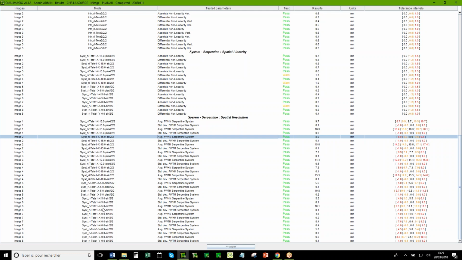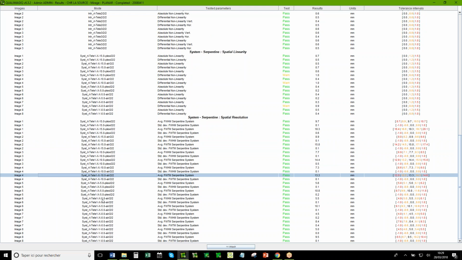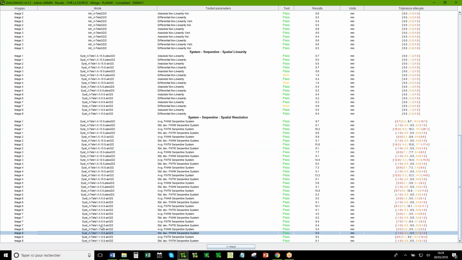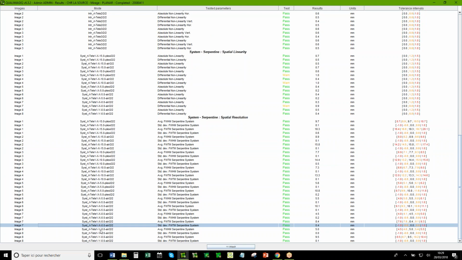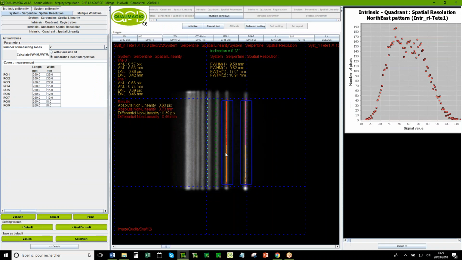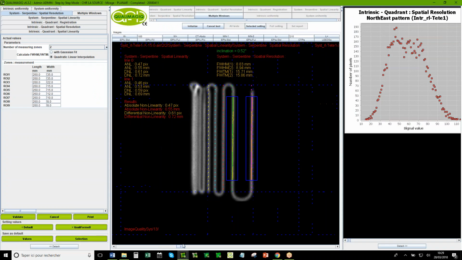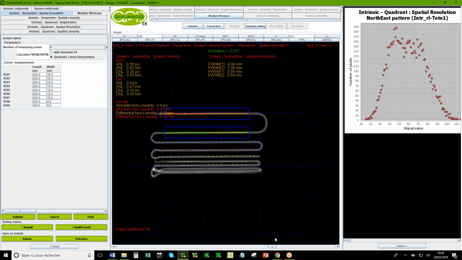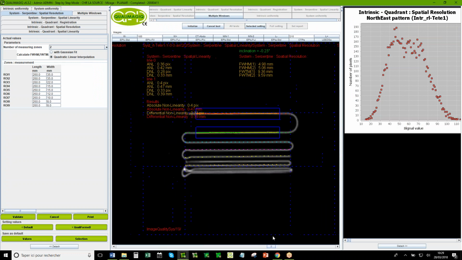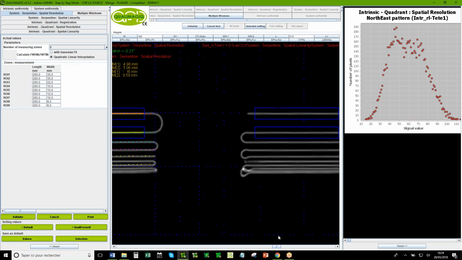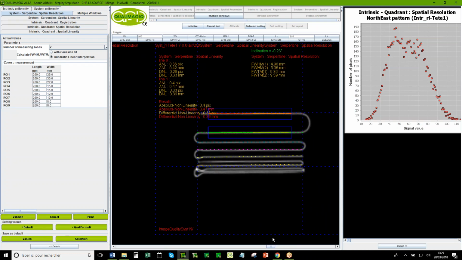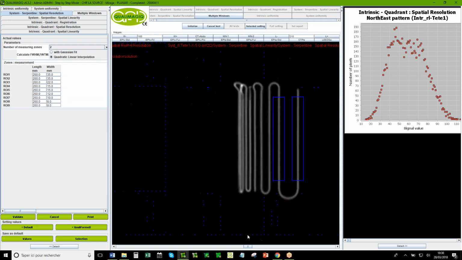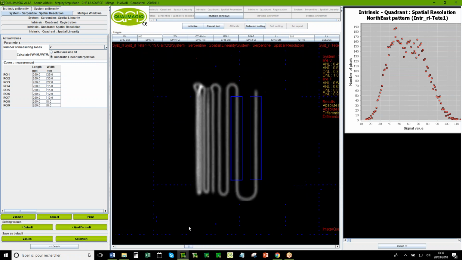And you can test in the 2 directions, X and Y. Here they turn the serpentine and redo the test to have the linearity and the spatial resolution in 2 different directions.